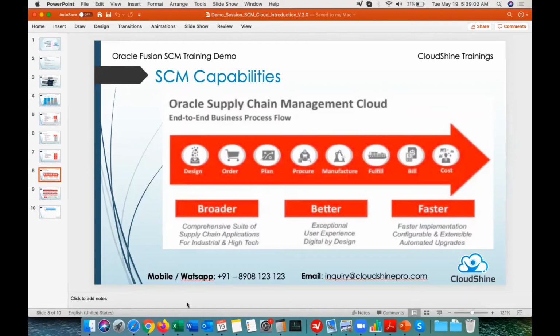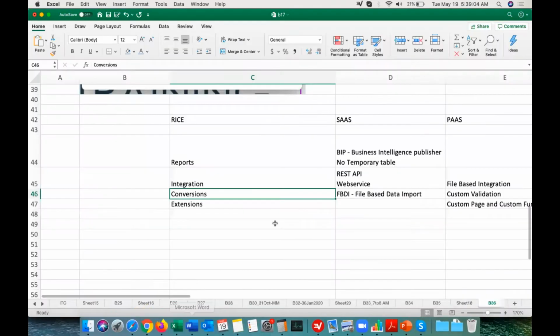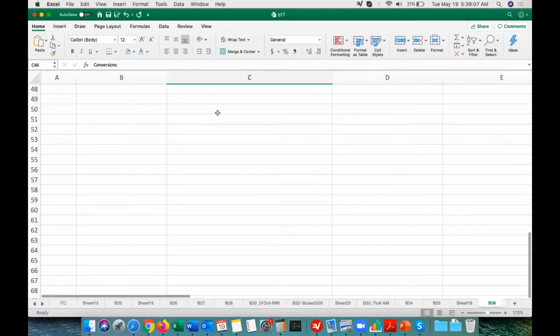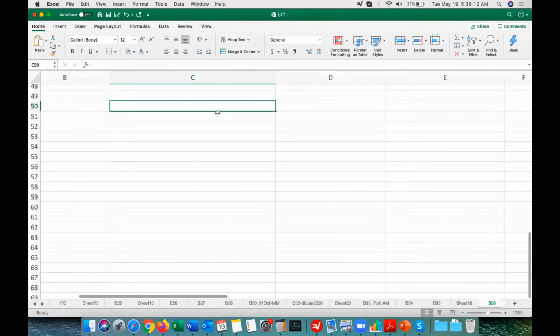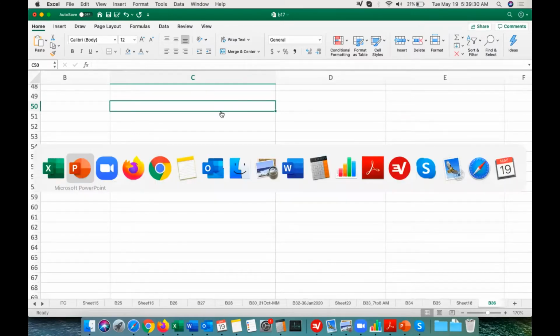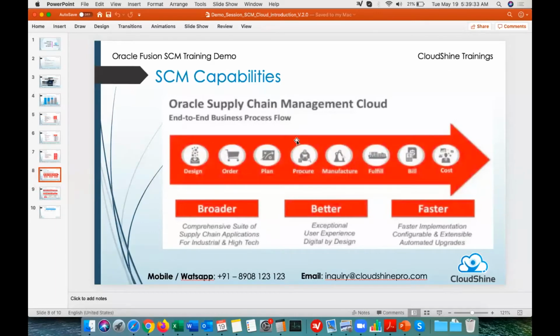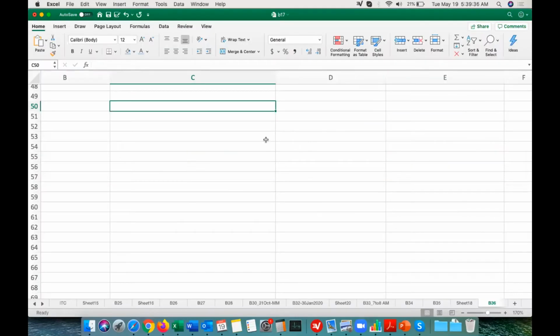So let me quickly give you a walkthrough in the sheet on what a procure to pay cycle is, what the order to cash cycle is, and what offerings are involved in that. Some of you who already have experience in ERP applications will know what a procure to pay cycle and an order to cash cycle are. But with respect to the offerings available in the Fusion application, how we have to achieve that, that's what we are going to see now. Then in each offering, we will see what topics we are going to cover. That is the agenda for today.